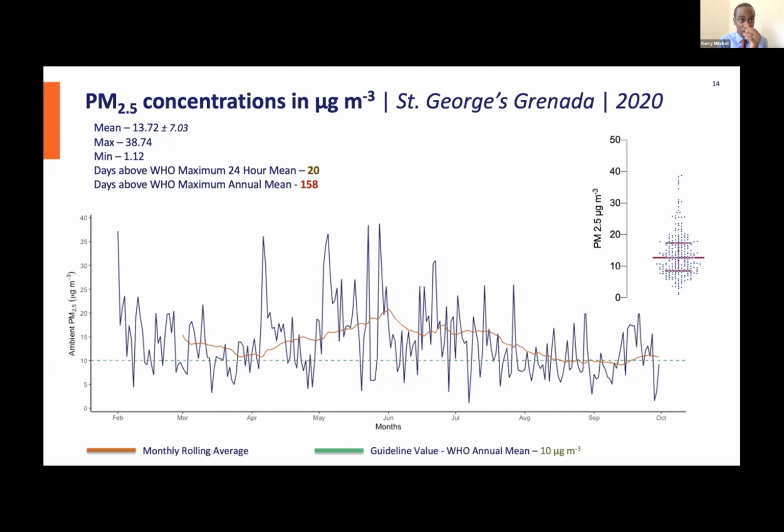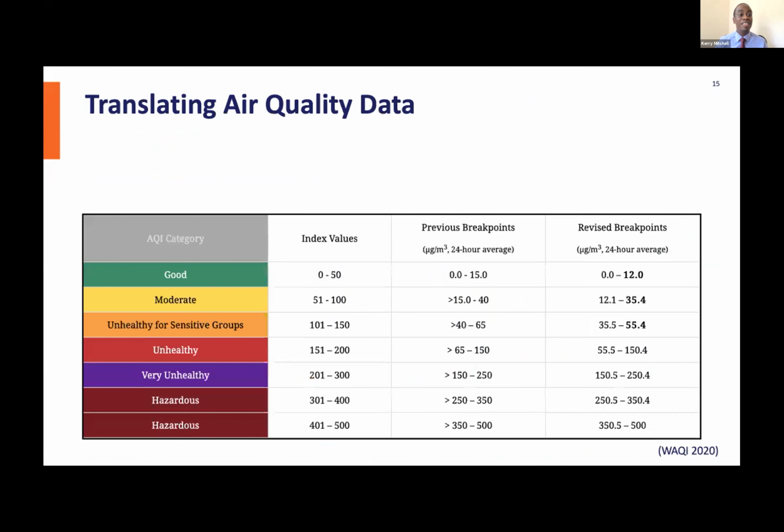So what we're looking at here is some serious problems with PM2.5, and PM2.5 is the size of particle that's associated with most adverse health outcomes. So it highlights the importance of paying very close attention to this. It's noteworthy that on some days we have obtained readings of up to 221 micrograms per cubic meter. That is significant. In fact, to put that into something that we can more easily understand, we have an AQI,